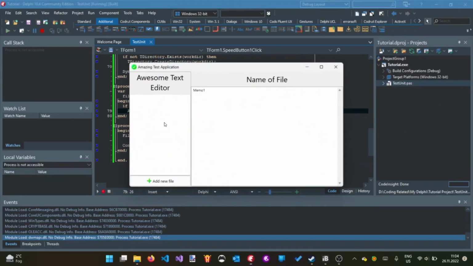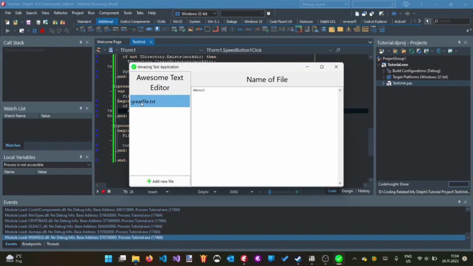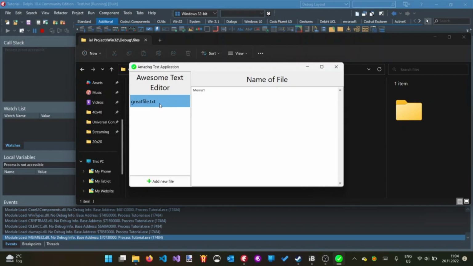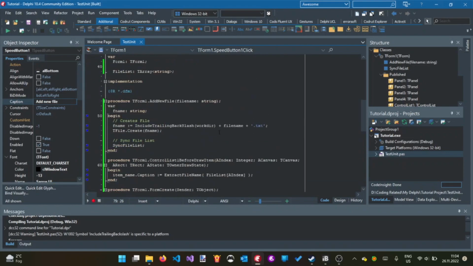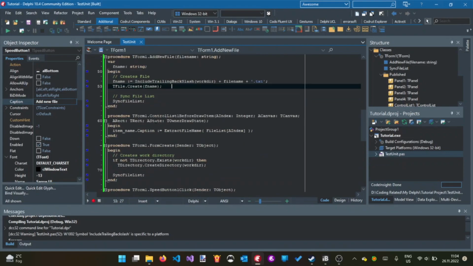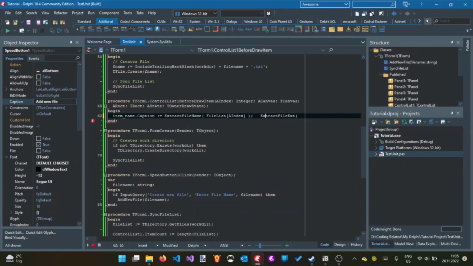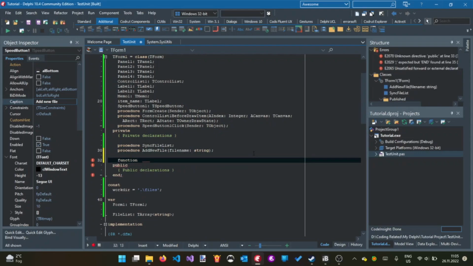Let's test this out. Great file. We have the great file, but we also have a .txt thing. We did not want that, so let's see if I can remove that. To fix this, we're going to have to remove the extension by ourselves. So we can create a function for this, like function remove file extension,